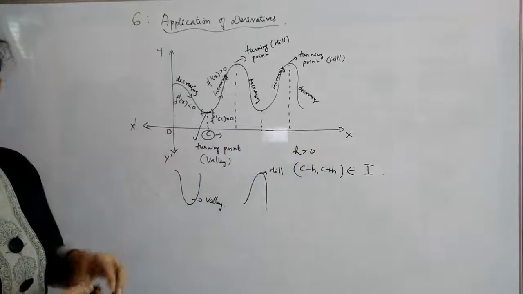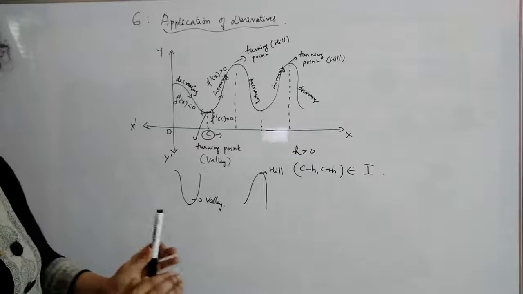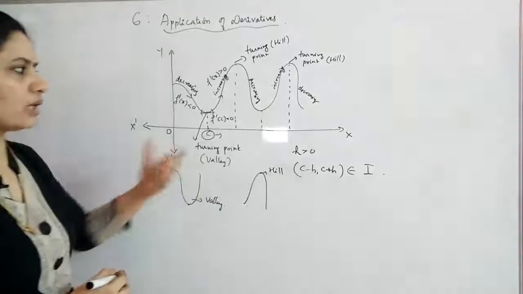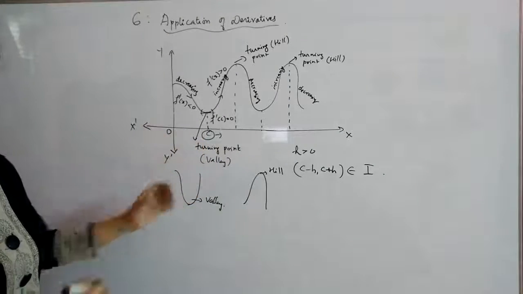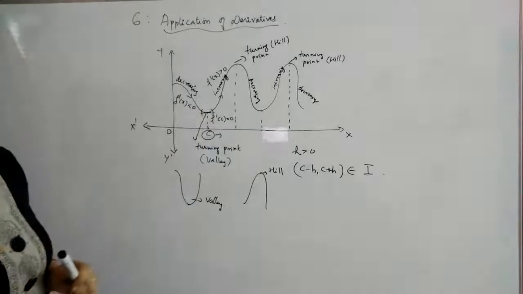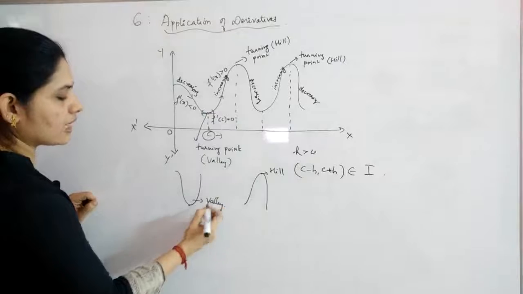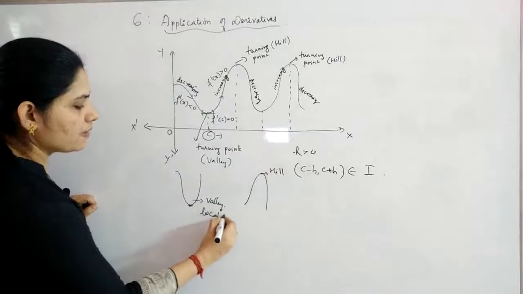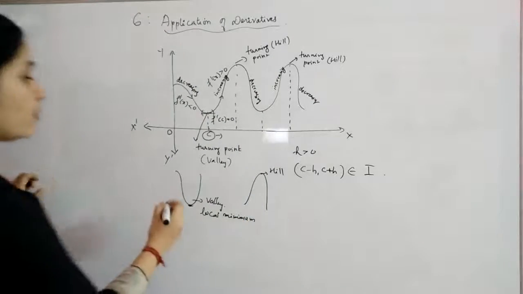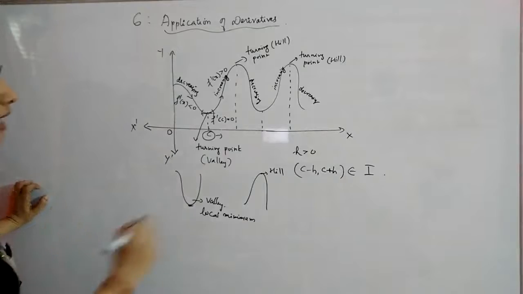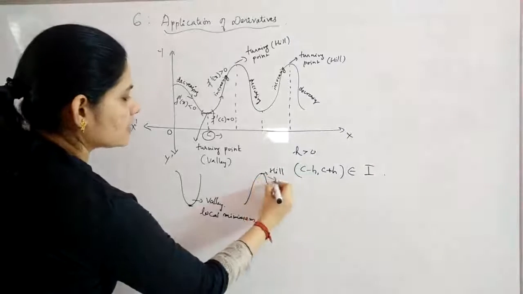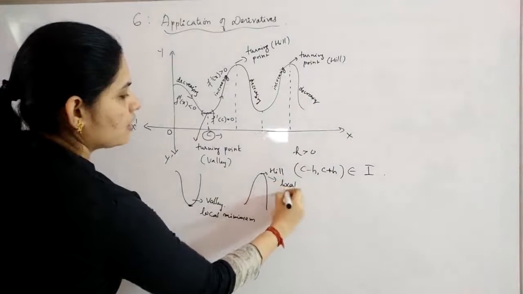What is the meaning of local? A local area. In a big area you have a small portion, right? Here local maxima or local minima doesn't mean it is the only one. It will be the only one in a small interval, that is, in the neighborhood of that point. If you have a valley, that point will give you the local minimum, that is, the point is called the point of local minima. And when you have a hill, that is, increasing to decreasing, at that point you can say it will be a point of local maxima.